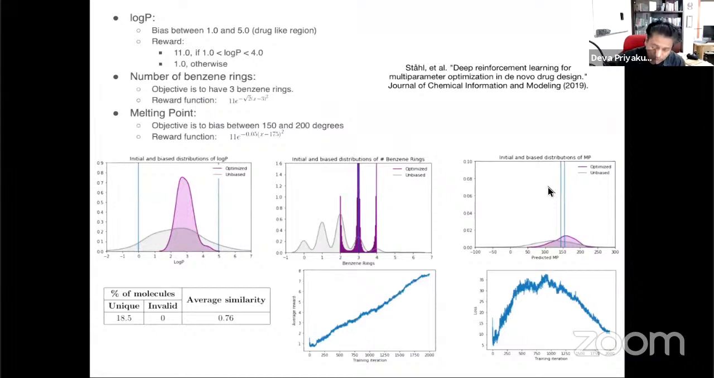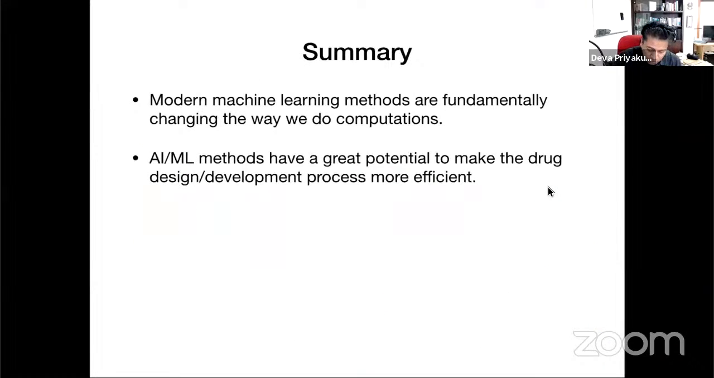You can apply this to many other properties. For example, we looked at log P, the number of benzene rings, the melting point of the molecule, and different things. With that, I think we should stop. Just to quickly summarize,